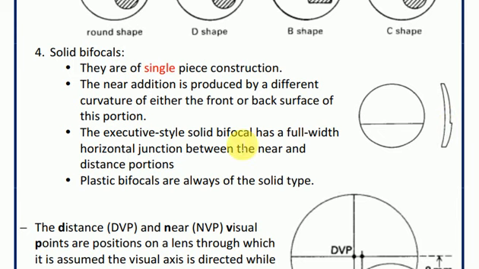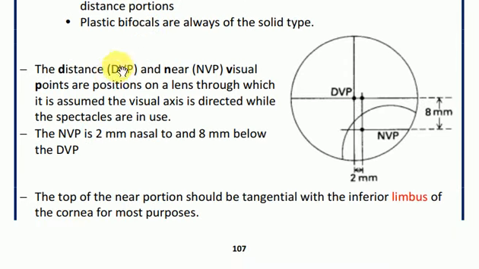The executive style solid bifocal has a full width horizontal junction between the near and distance portions. Plastic bifocals are always of the solid type. The distance visual point, DVP, and near visual point, NVP. So in bifocal eyeglasses, the distance visual point and the near visual point are the points on the lens used for distance and near vision respectively,